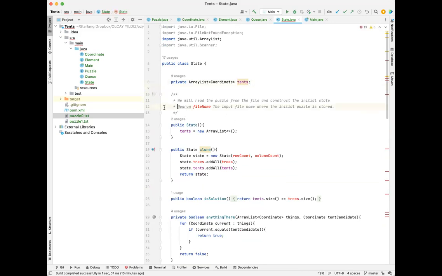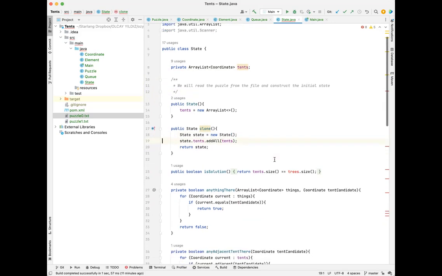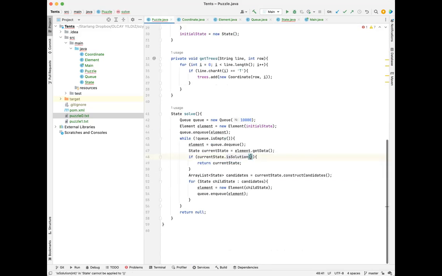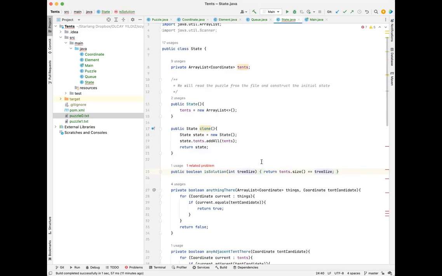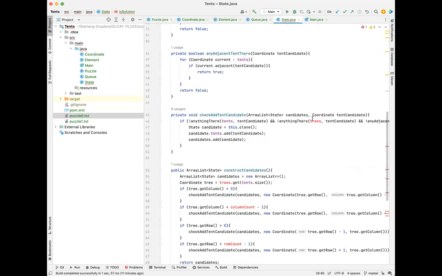And let's modify the comments. And for this, we add only the clone like this. If is a solution, let's say tree size, we'll say tree size. And then where do we check the solution here? So we will give just tree size. Okay, that's actually handled. So anything there? Check and add